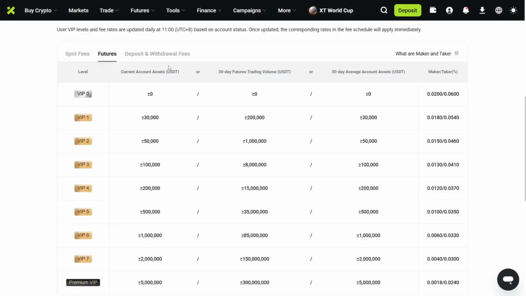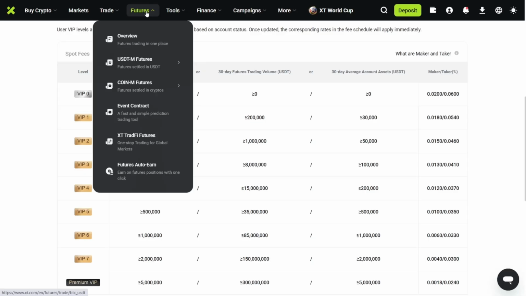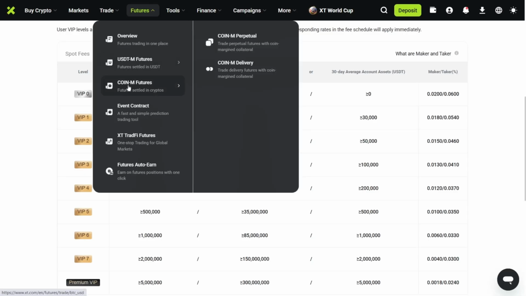Next, let's go to the top, and under futures, we can see there are two different futures, USDT futures and Coin M futures. USDT M futures means your trade is priced and settled in USDT. So if you're trading something like Bitcoin futures, your margin, profit, and loss are all shown in USDT. This makes it much easier to understand how much money you are using and how much you are making or losing. Coin M futures are a little different because they're settled in the actual crypto asset like Bitcoin or Ethereum. For beginners, I recommend starting with USDT M futures because it's simpler, easier to track, and everything is shown in